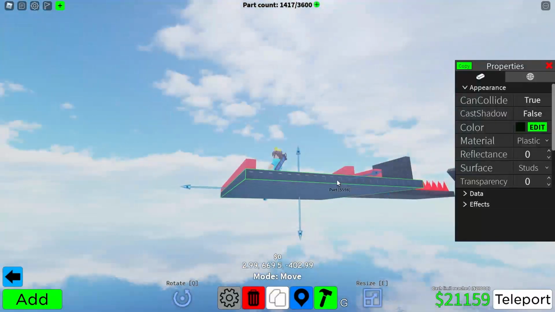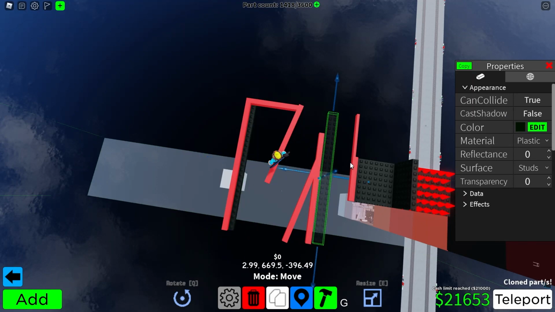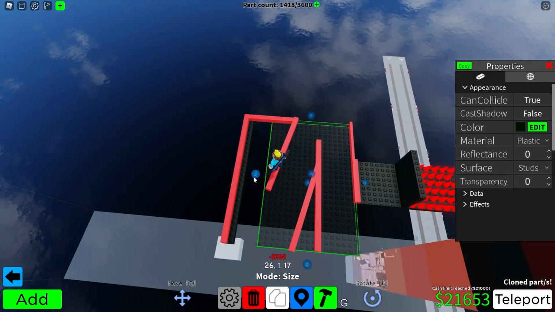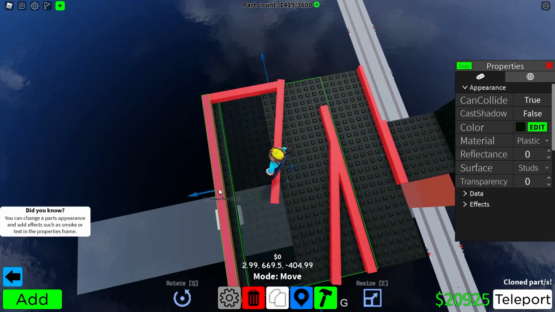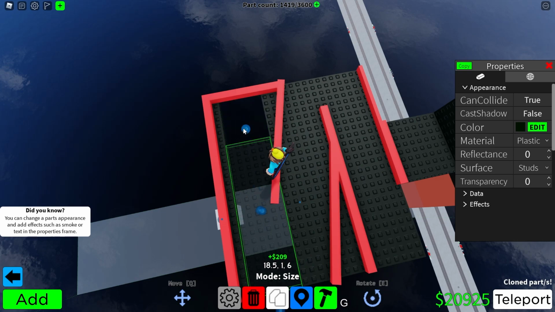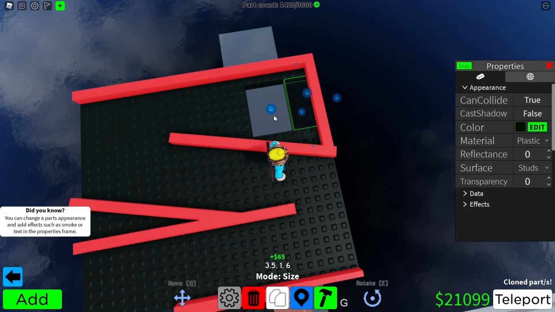So again, the obvious one here is that Obby Creator has the limits of obby plot size, parts costing in-game money to place, part limit, etc. So I can see why those can be annoying when they don't exist at all in Roblox Studio, and I agree that they can be frustrating at times. If I were to give a suggestion on how to make these better, I would say that the maximum possible part limit without Robux should be at least 2,000 parts, and with Robux, it can be up to at least